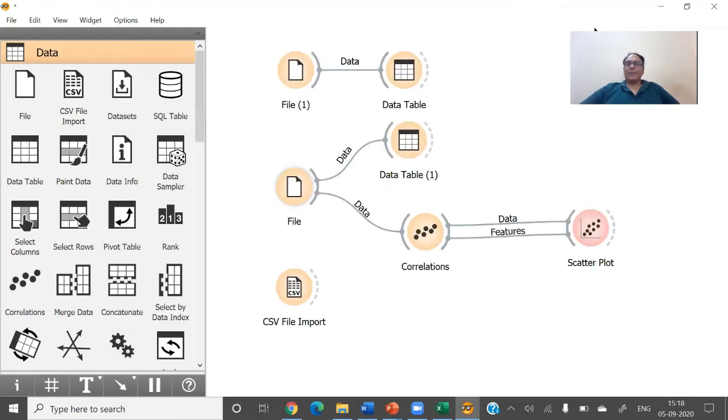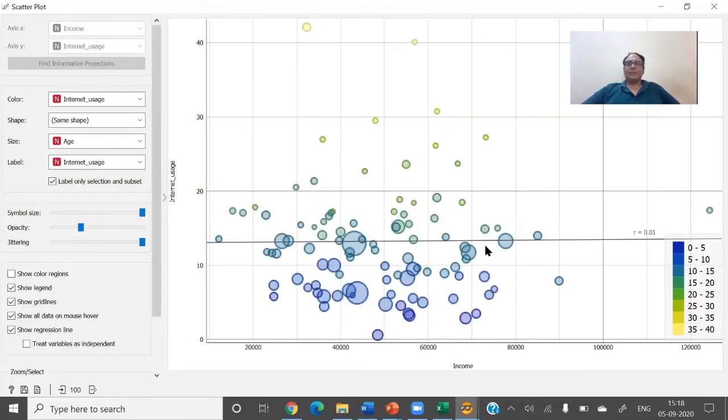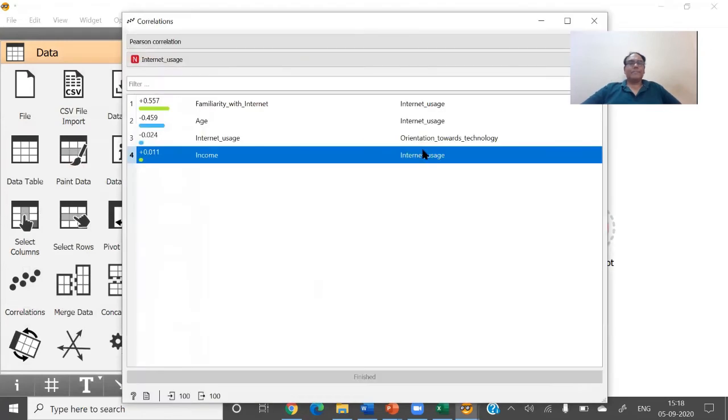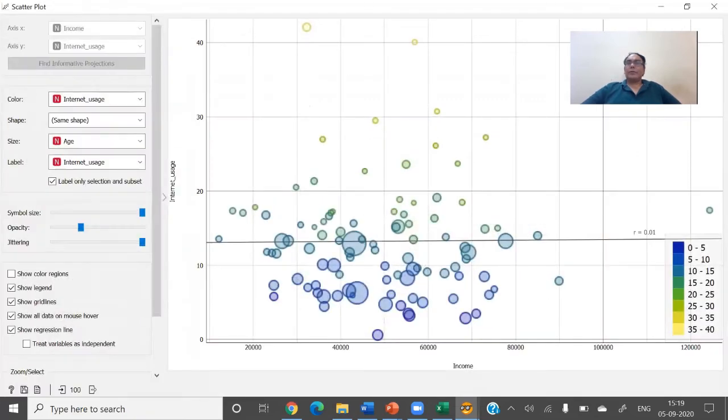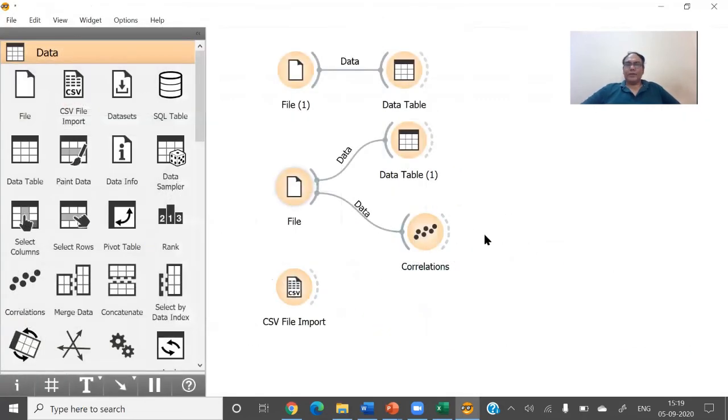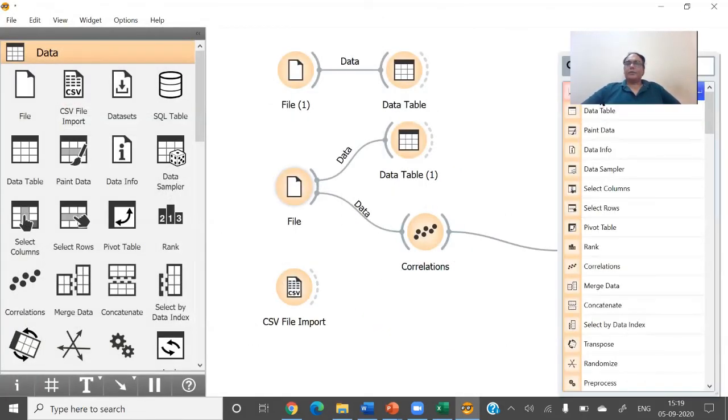Now in scatter plot, I want to find out the correlation between... let me run it again. Okay, so it is not... let me try to make it again. Scatter plot.